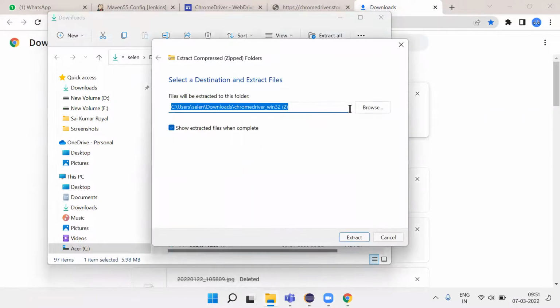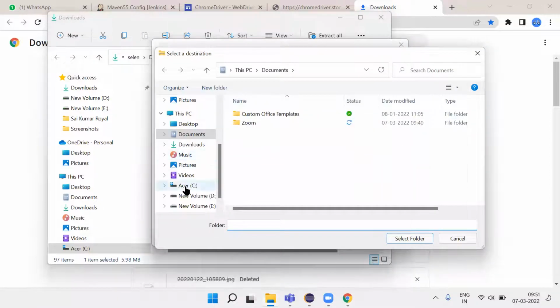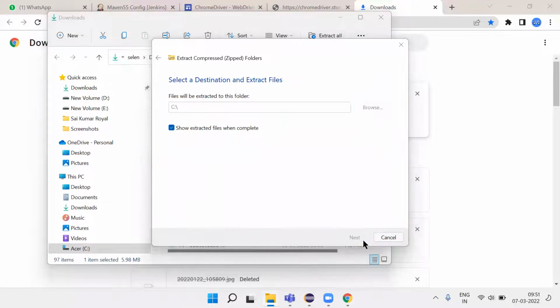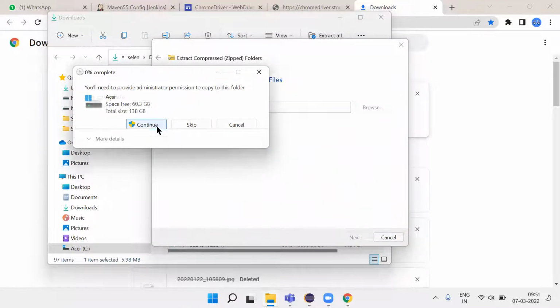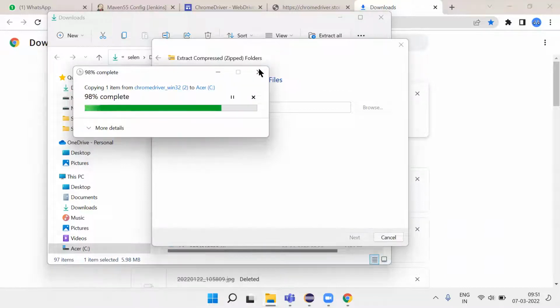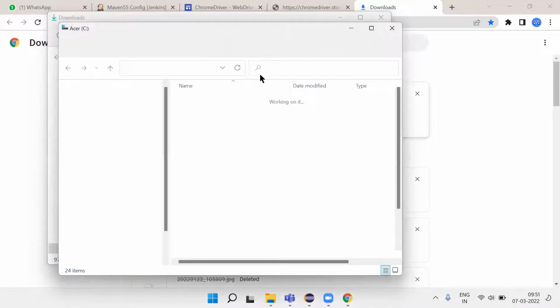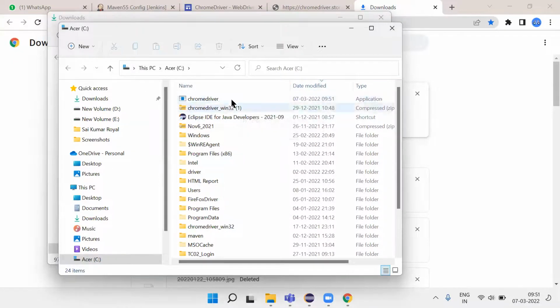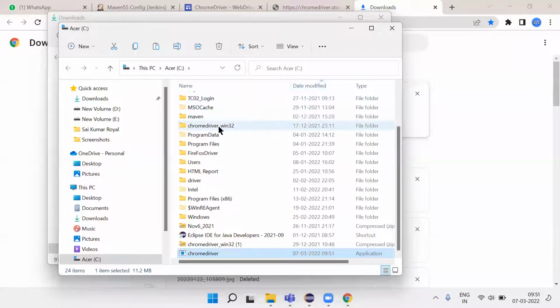We need to extract it. I'm extracting in C drive. Okay. Extract. Continue. Okay. So this is the thing that got extracted. We are on C drive itself, right? Now I need to